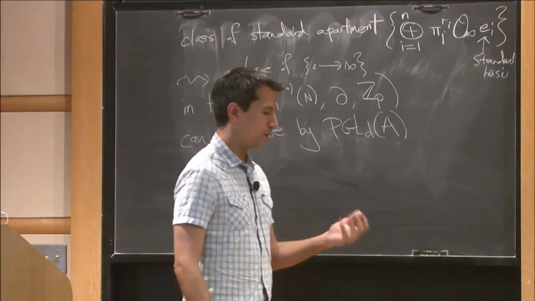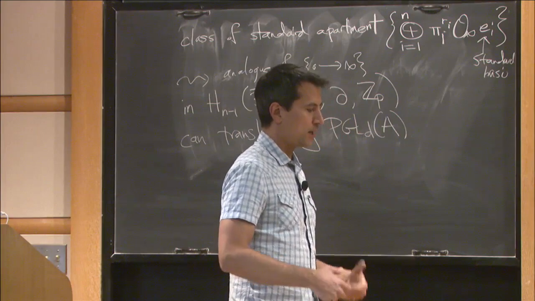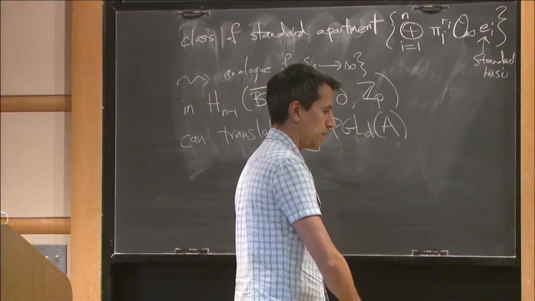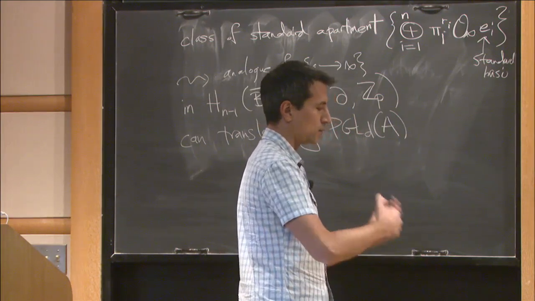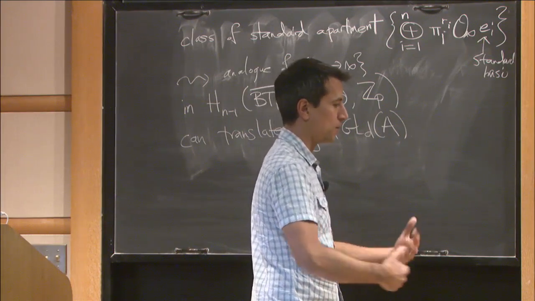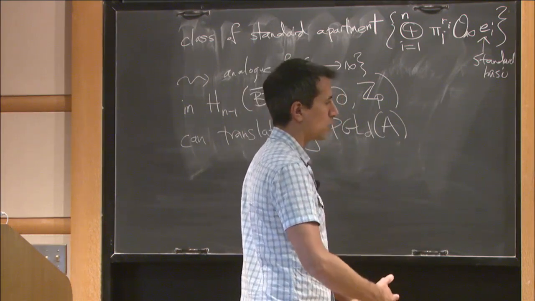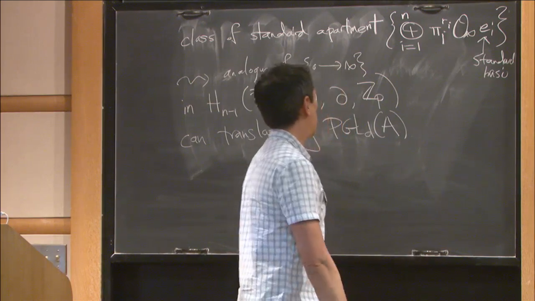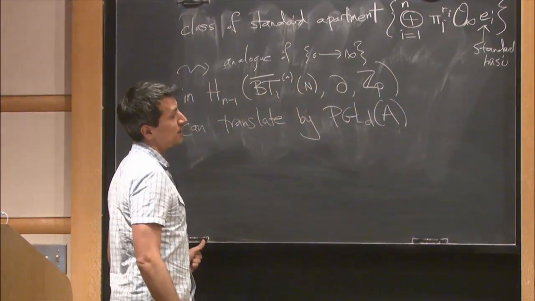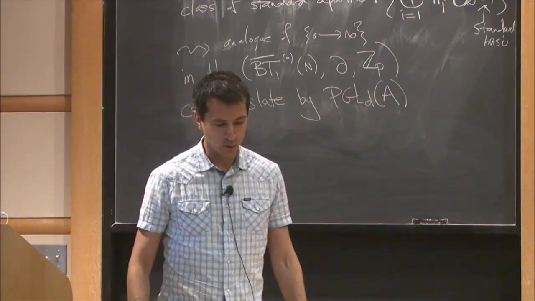What they show is that somehow these symbols generate the image of the equivariant homology of the compactification inside the Borel-Moore or relative homology. They at least contain that. They didn't show they generate the whole group, but